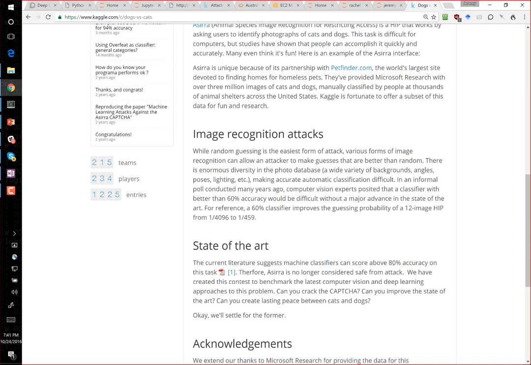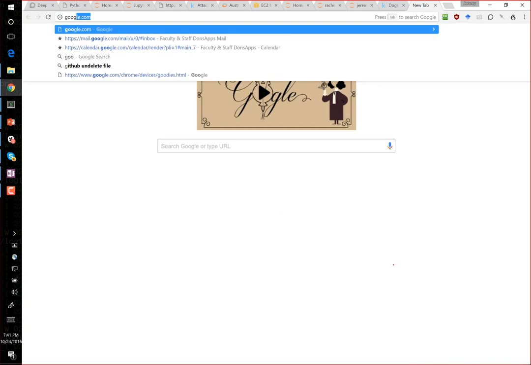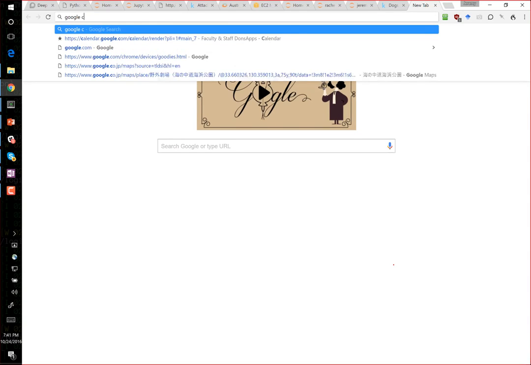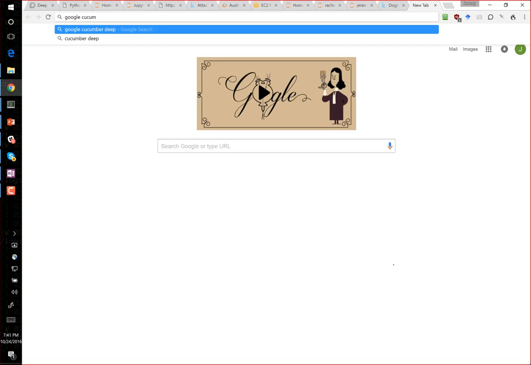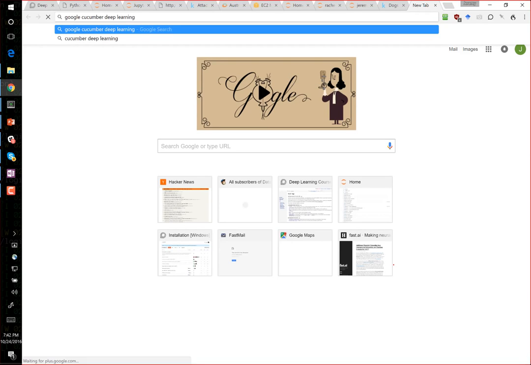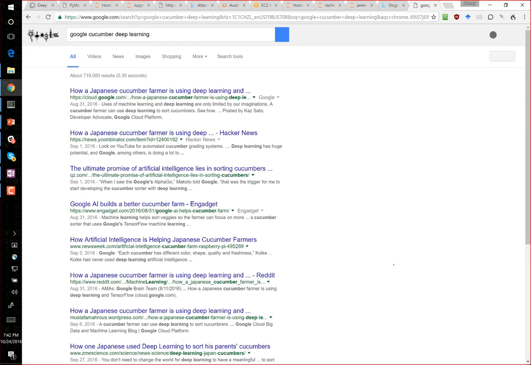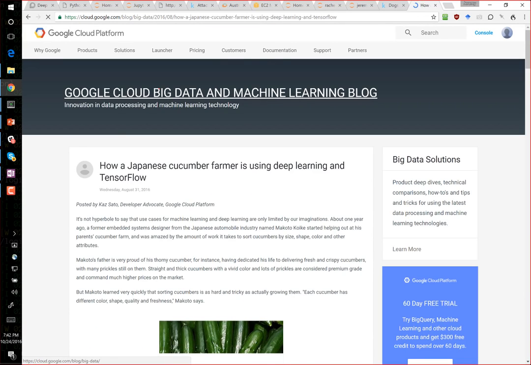An example of an actual thing that I saw, I can probably find it, was cucumber analysis. Cucumber deep learning. There can't be too many things with those particular keywords. There we go. So, a Japanese cucumber farmer used this approach to deep learning to do the automatic,